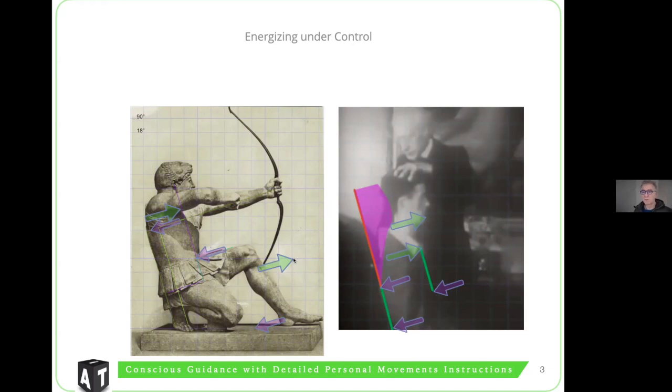So for the moment, we can say that it could be possible to imagine the direction of the knees forward and away from the direction, of course, of the hips. The hips are going back. The inferior part of the knee is going forward and away from the hips, but it's also going forward and away from the heel. So you have the knees forward and away from two different movements. And that, I will explain, consists or is necessary to obtain this energizing and control kind or class of movements,